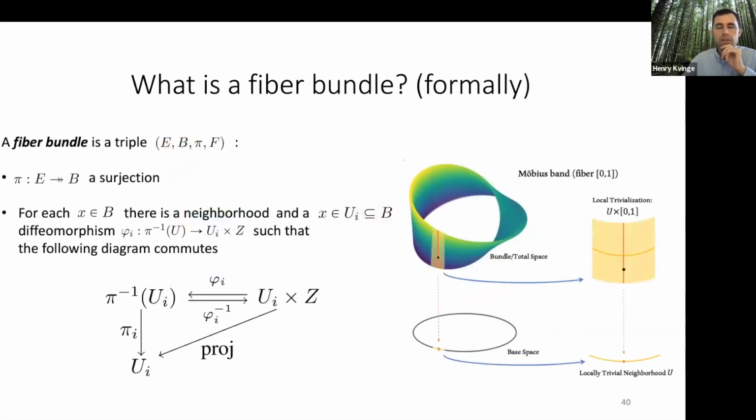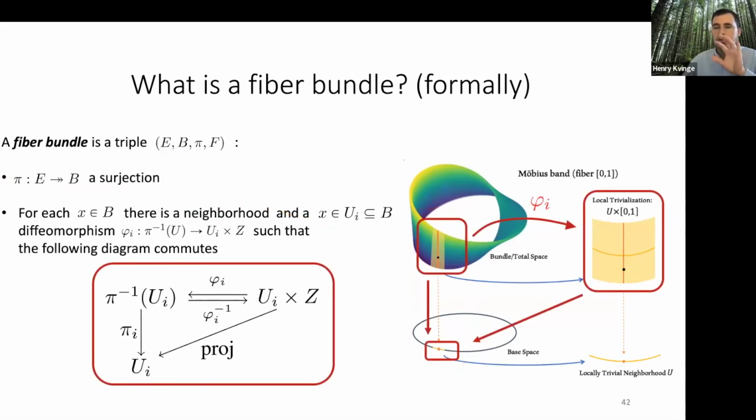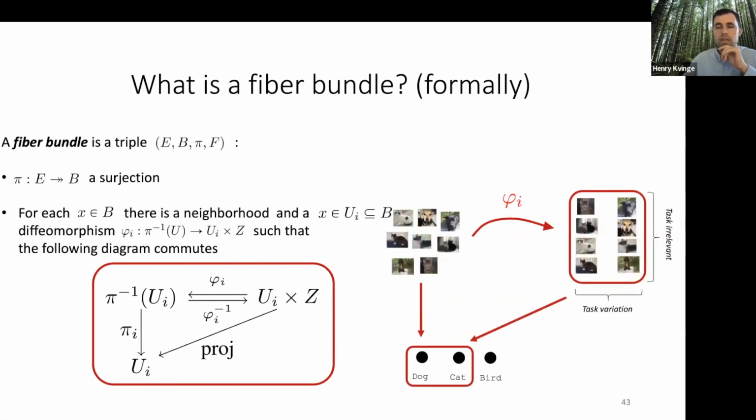So I won't go too much into the definition of this, other than to quickly run through and remind you of some of the parts that one would need. First of all, you need some sort of surjection from your total space to your base space. You also have a certain commutative diagram that needs to be satisfied, which basically says that the way you decompose individual neighborhoods, or the inverse image of neighborhoods in this total space, agrees with your projection map in the right way. What I'll instead talk about is what this looks like in terms of the data.